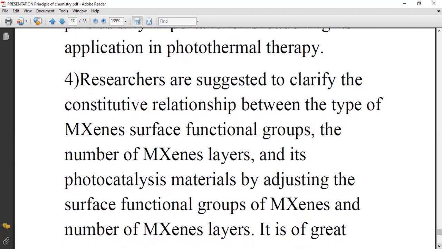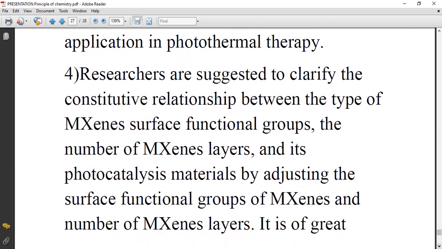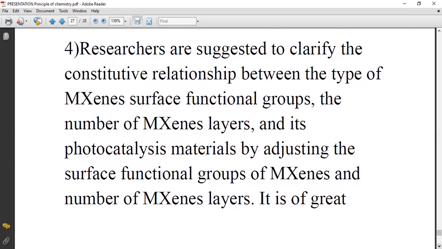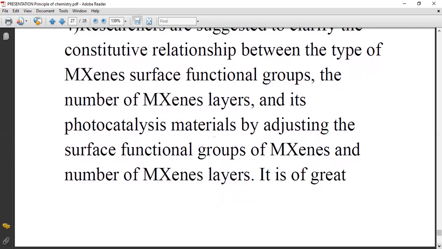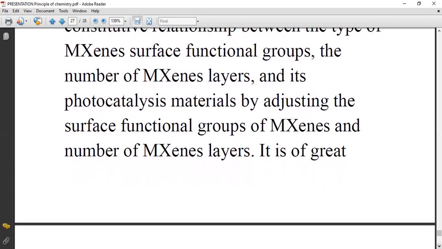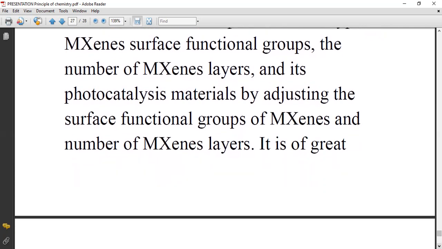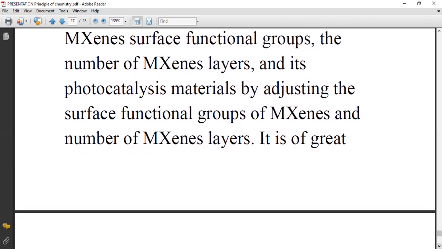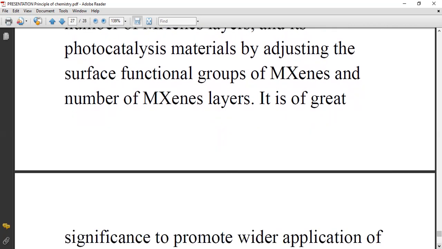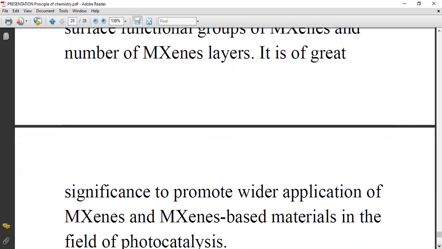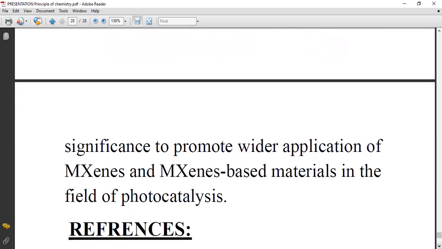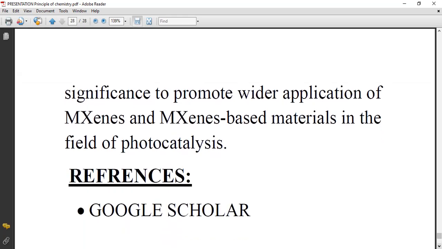Fourth point, researchers are suggested to clarify the constitutive relationship between the type of MXene surface functional groups, the number of MXene layers, and its photocatalysis performance by adjusting the surface functional group of MXene and the number of MXene layers. It is of great significance to promote wider application of MXene and MXene-based material in the field